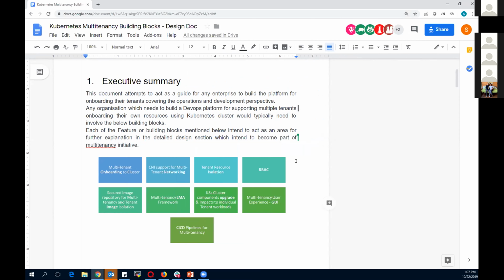Thank you. Okay. So the second block is the networking CNI support for multi-tenancy, and the third block is the tenant resource isolation. In this, we are considering the various isolation mechanisms which are used for different multi-tenant environments.